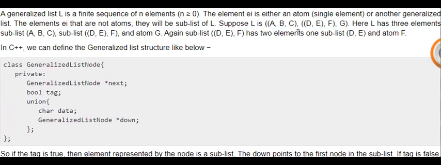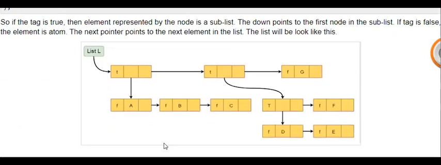For this purpose we have to generate three tags for inserting elements. From the first tag we list out the elements A, B, C, pointing down to the first node in the sublist, and it is linked with the tag item.